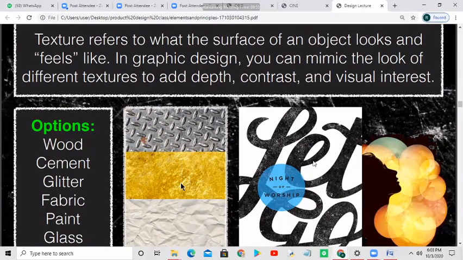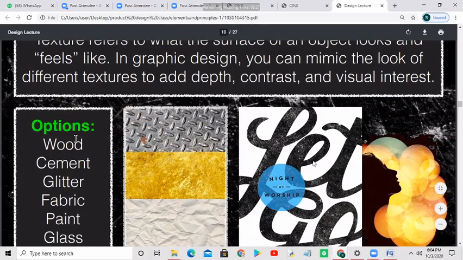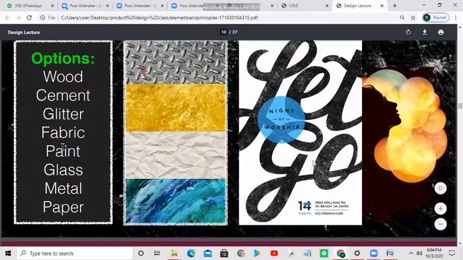Okay, so texture is one thing for flooring. Supposing you have a terrace, you can have a terrace cafe. In the terrace cafe, it could be slippery on some rainy day also, so you will not prefer tiles which are slippery. You will have a matte finish tile, or tiles which have some rugged texture. So sometimes material options depend upon the functionality of the space, and all these materials like wood, cement, glitter, fabric, paint, glass, metal, they all have different textures.